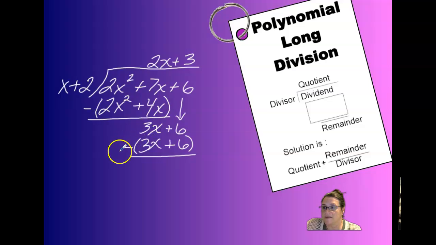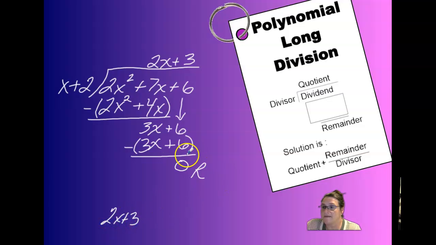Then 3x minus 3x is 0. That cancels. 6 minus 6 is also 0. And I don't have any other terms to bring down, so that 0 is my remainder. Okay, that means that my quotient, my solution to this problem, is going to be the quotient 2x plus 3,